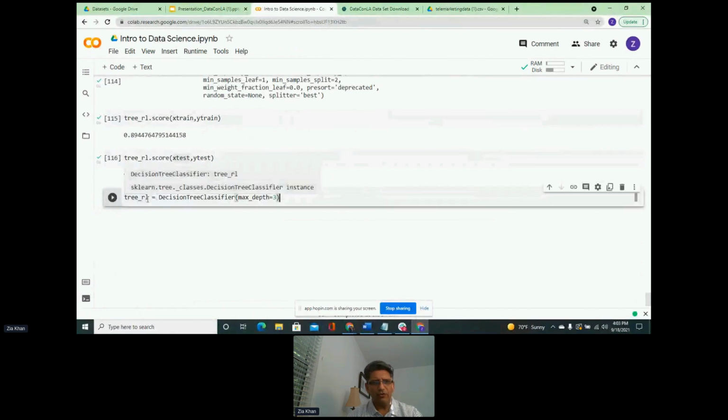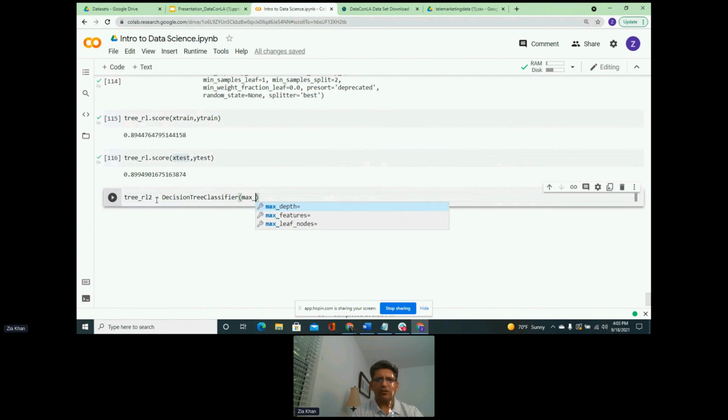So I am actually going to create a new instance of this class, RL2. And in this, I am not going to use maximum depth of the tree, but I am going to use maximum features. Maximum features is how many features at one time are you going to use? And I can say, let's take maximum features to be 3 as well. And again, 3 is an arbitrary number that I'm using.